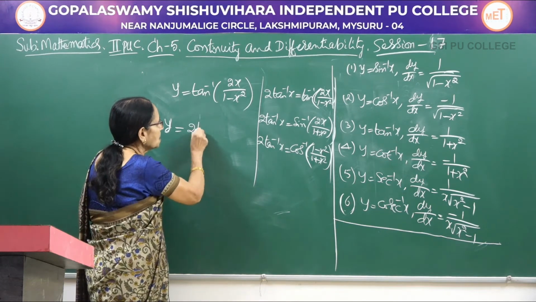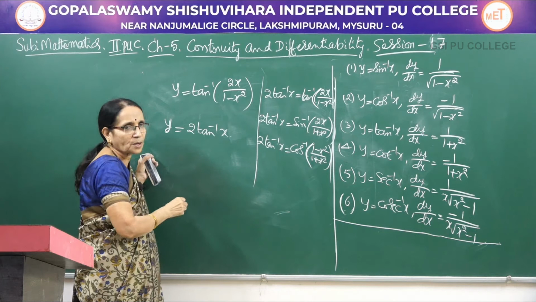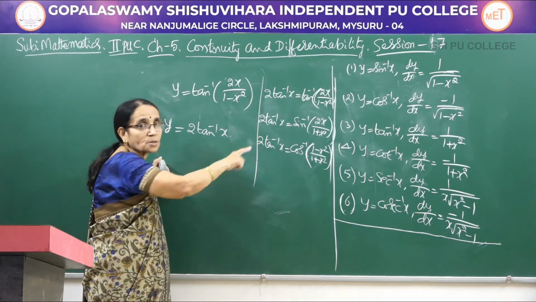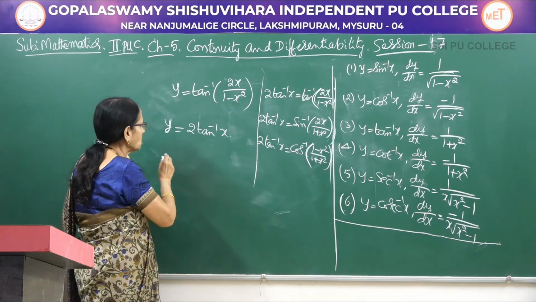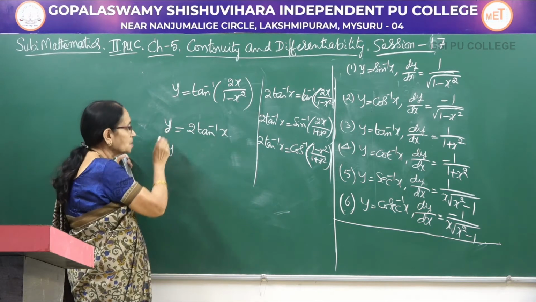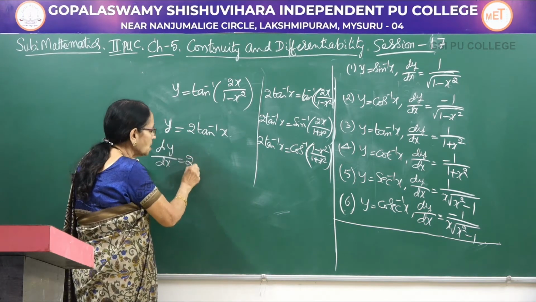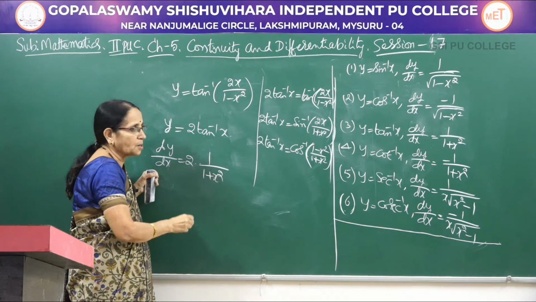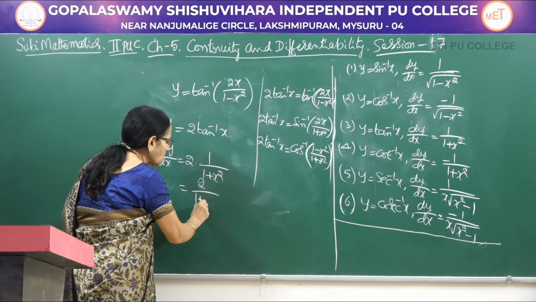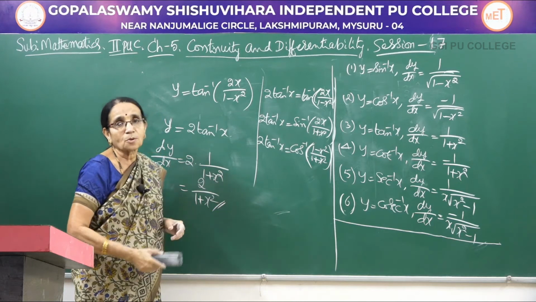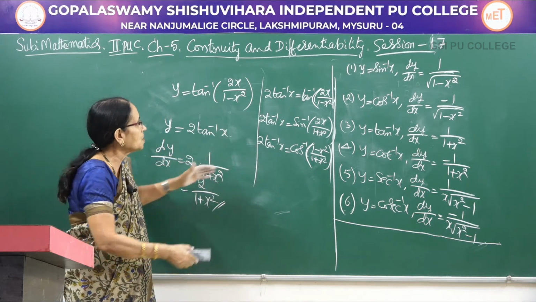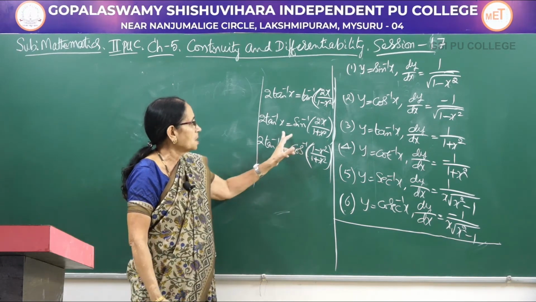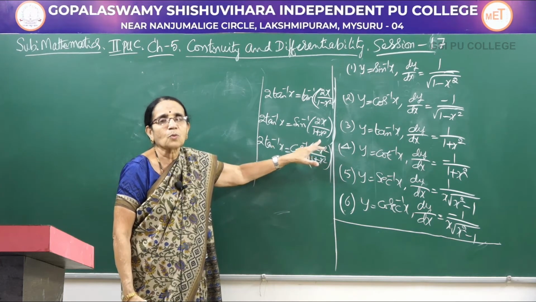So here I can write it as 2 times tan inverse of x. Now you observe it was a composite function, now it has become a simple function because of the property that we have already proved. Now differentiate, don't write dy by dx here, still it is a given function only. 2 into, what's the derivative? Because it is a basic function, 1 over 1 plus x square, or you can write 2 divided by 1 plus x square. So this is how we get the result here. So if you remember all these properties, you can certainly write the result. Suppose I had given here y equal to sin inverse of 2x over 1 plus x square.